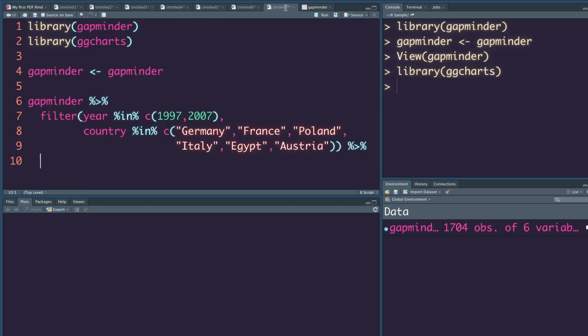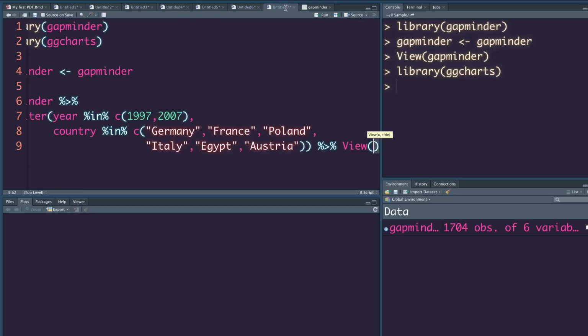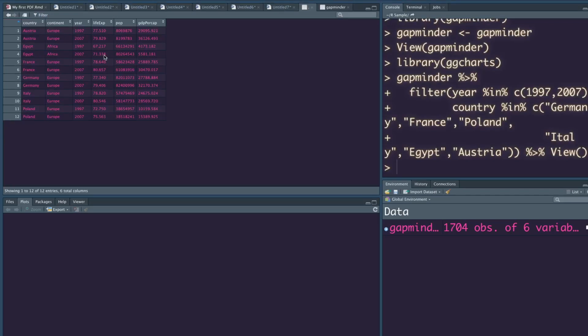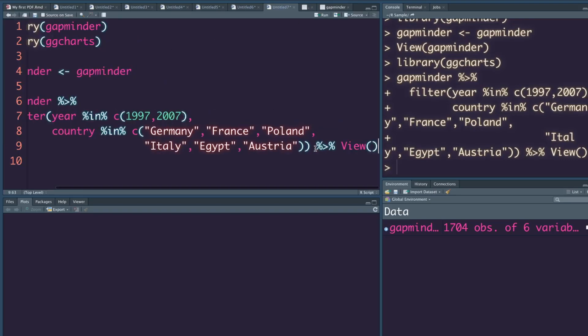Once we have these countries, you can have a look at how the data frame looks like actually. This is how it looks like. But what we want is to pick one variable from this and make it wide. In this case, we can compare the life expectancy, or you can compare the GDP per capita. So let's do GDP per capita, and let's filter it.